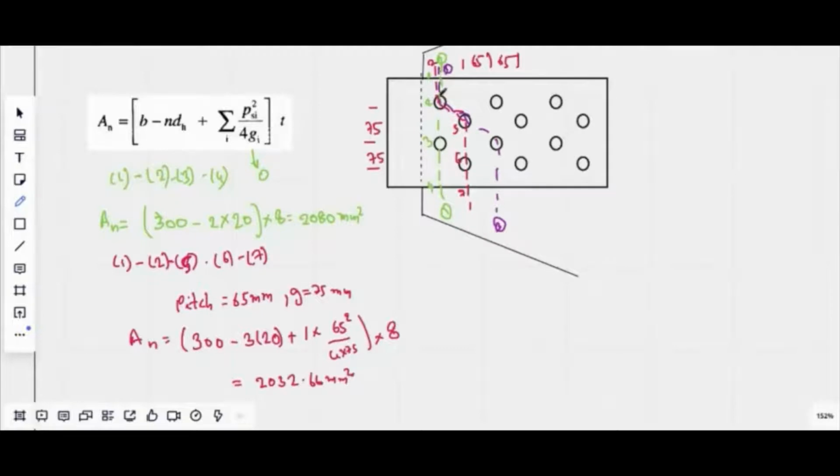The section may start from point 1, then reach point 5, then go back to 3, and come around to 4. Whether we consider the pattern of failure in this shape or in this shape, they will come across three bolts. So this is the final section we are going to refer.